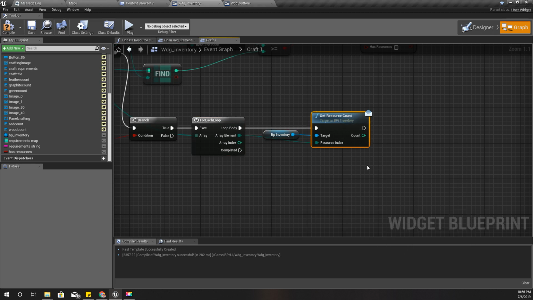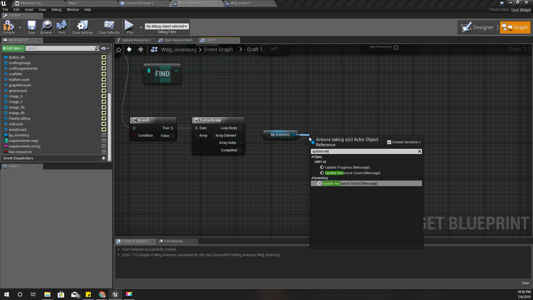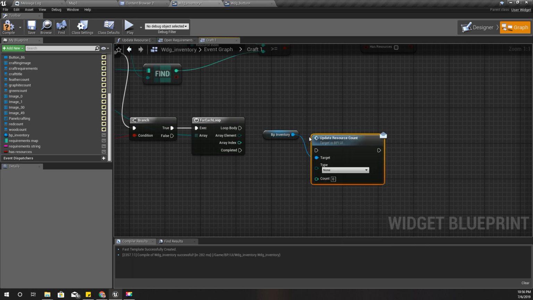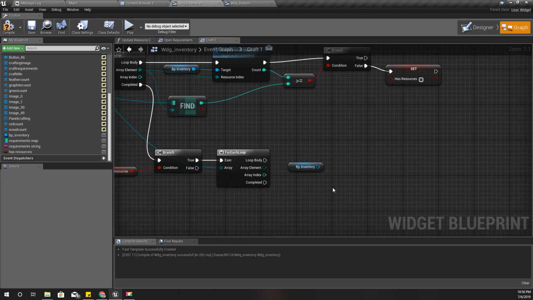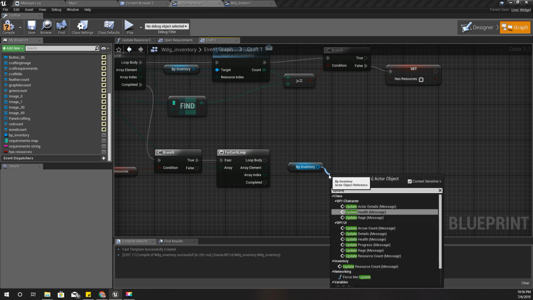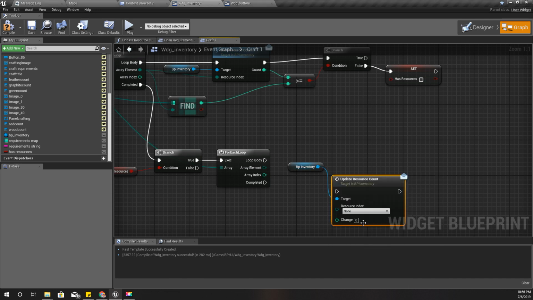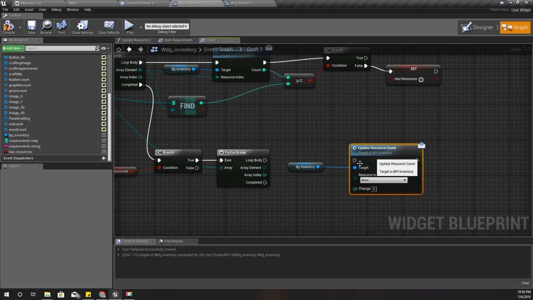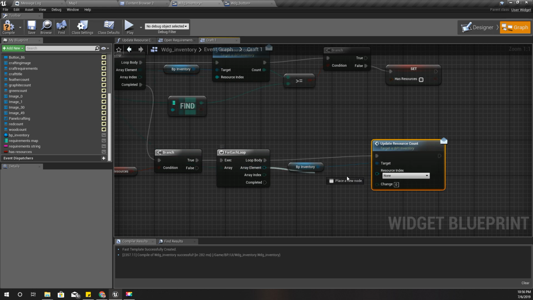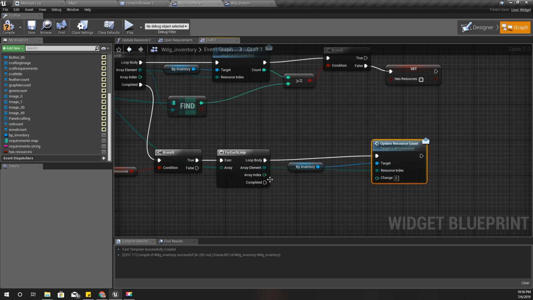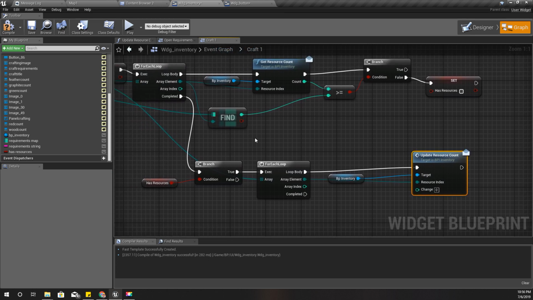Instead of get resource count, I need to call update resource count to the inventory, and the change is, yeah, element is this type, and the change is